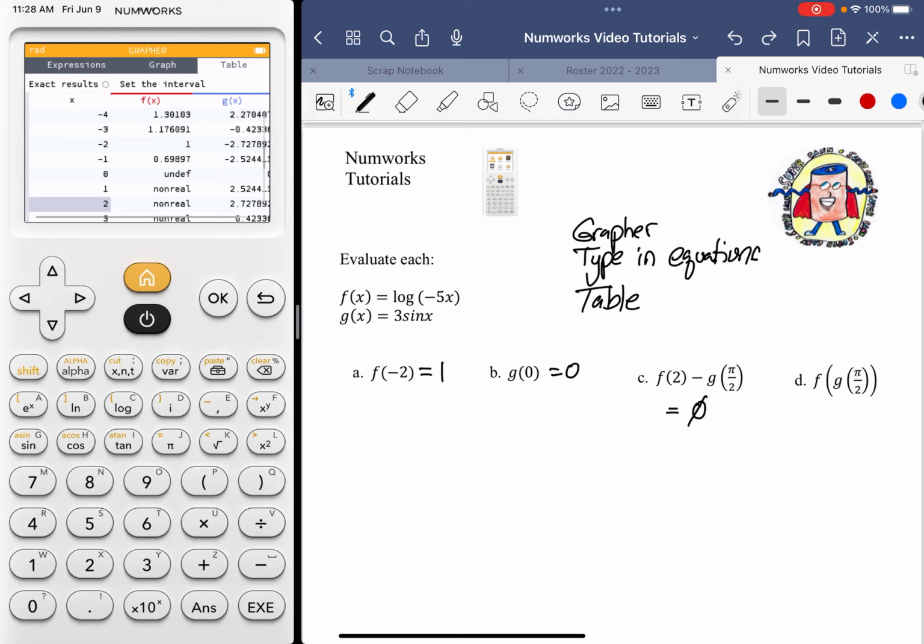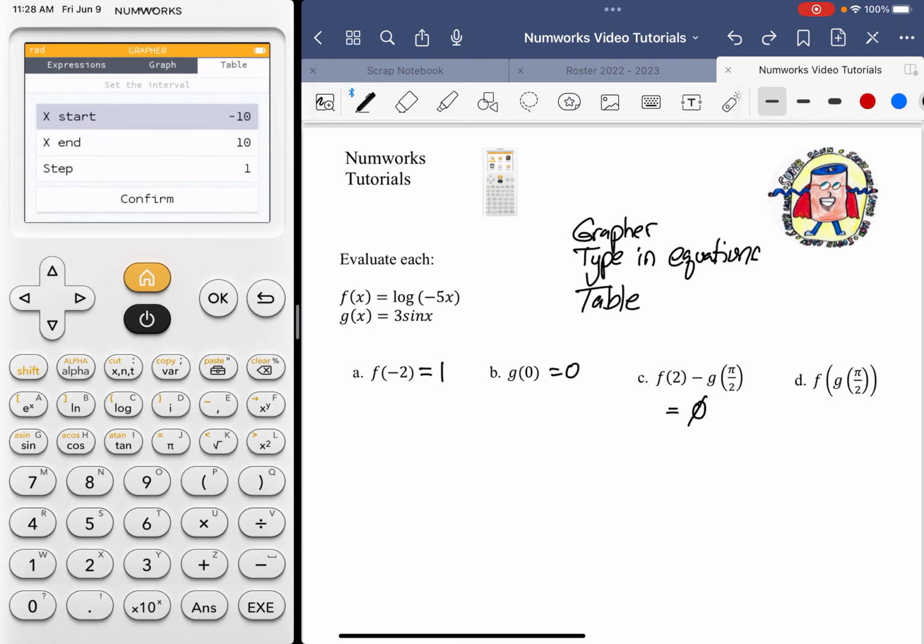All right. Now, for the last one, it works inside out. It's a composite function. So I need to find g of pi over 2 first, then take that result and plug it into f. All right, my scale is not set up for that, but what I can do is set the interval, and let's say we're going to go from 0 to pi instead of 0 to 10, and go in increments of pi over 2 if you want, or pi over 4, pi over 12. It really doesn't make a difference as long as pi over 2 is one of the values. All right, since we're looking for pi over 2, I'll just use that as my step,